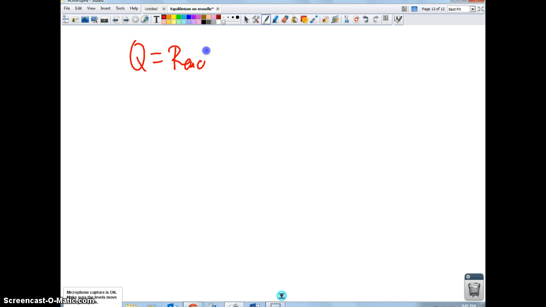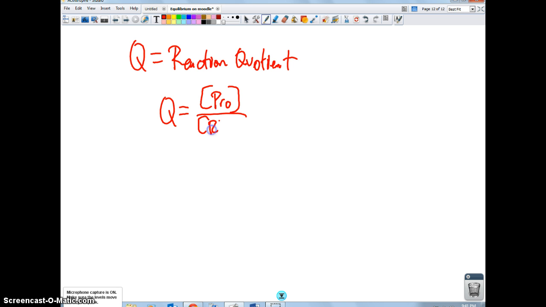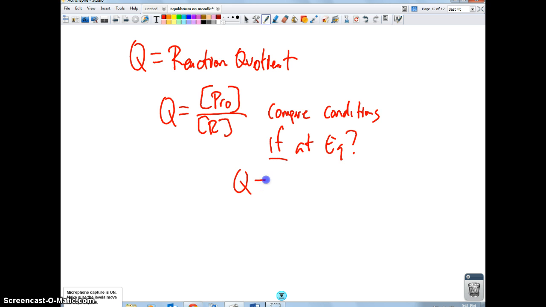Q is called the reaction quotient, which means we can use conditions that are given to us to compare if this reaction is actually at equilibrium or not. So Q is going to be the same thing. It's going to be Q equals the concentration of products divided by the concentration of reactants. But instead, we're going to compare this value. Whatever the conditions are that we are given, we're going to compare those conditions to see if we're at equilibrium or not. If it's not at equilibrium, then Q is not going to be equal to K,